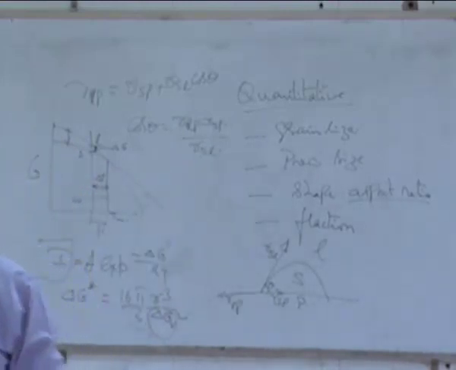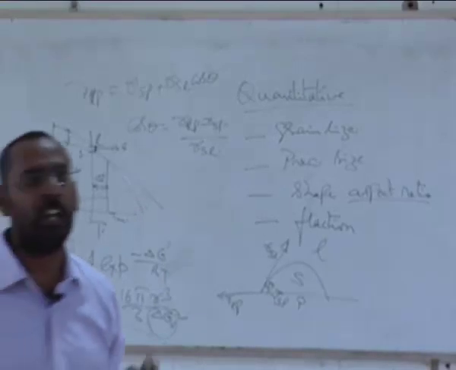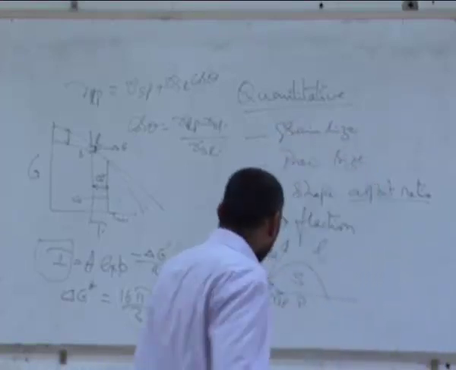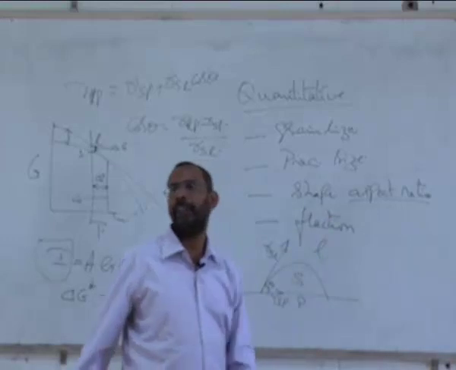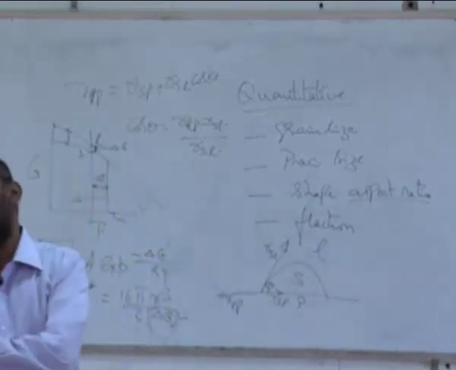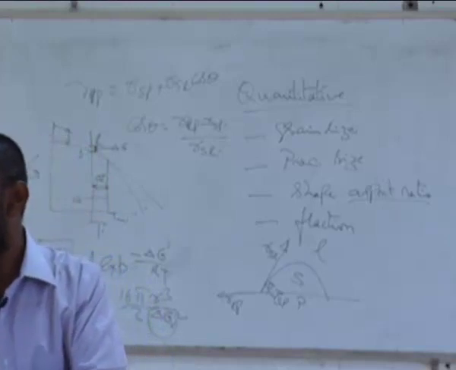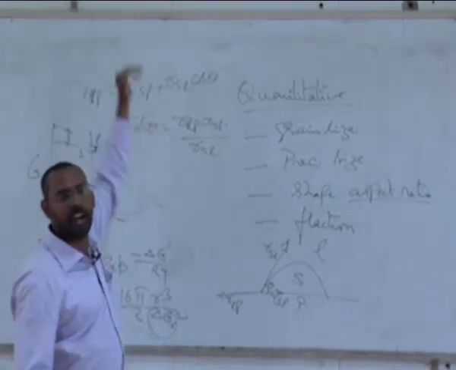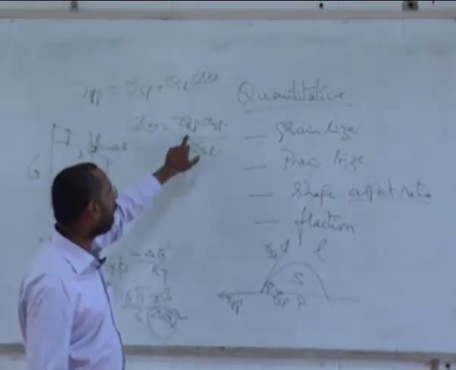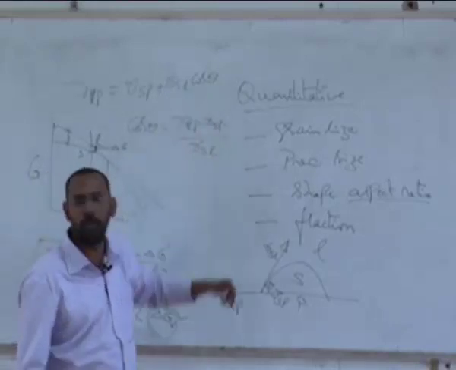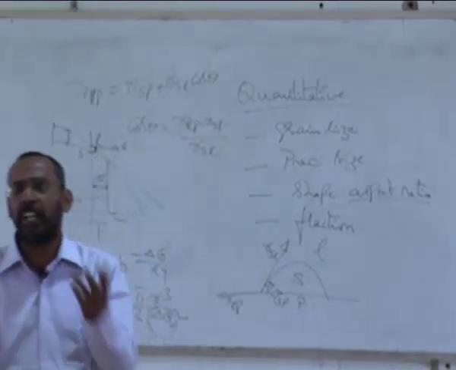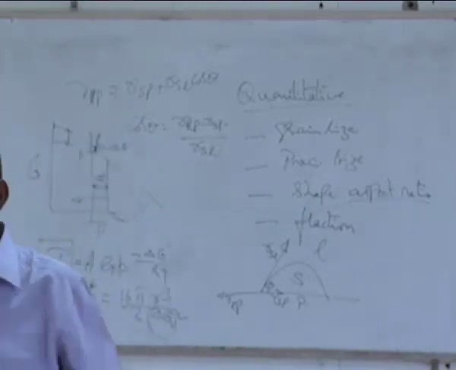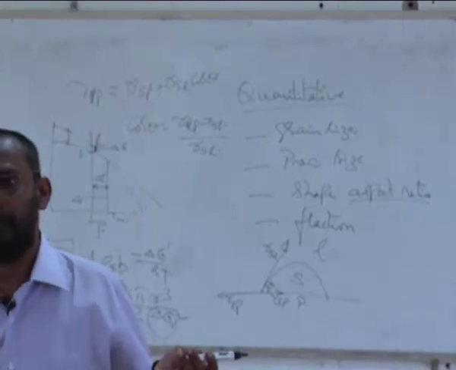It tells you if you want theta to be smaller, you want cos theta to be larger, right? Good wetting means what? If a particle has to be a good wetting with the liquid so that nucleation can take place, I will tell you the physical meaning of it a little later. What you need is a larger cos theta. When do you get a larger cos theta? Either gamma LP has to increase or gamma SP has to be lower. Gamma SL is not related to any particle. Gamma SL is the interfacial energy between solid and liquid. That has nothing to do with whether you have added particle or not, right?